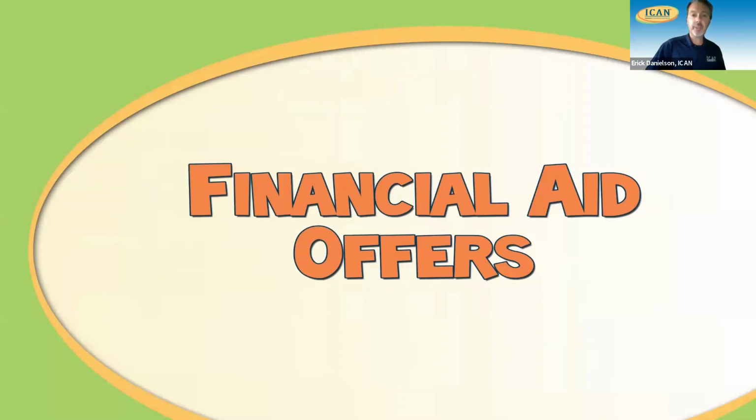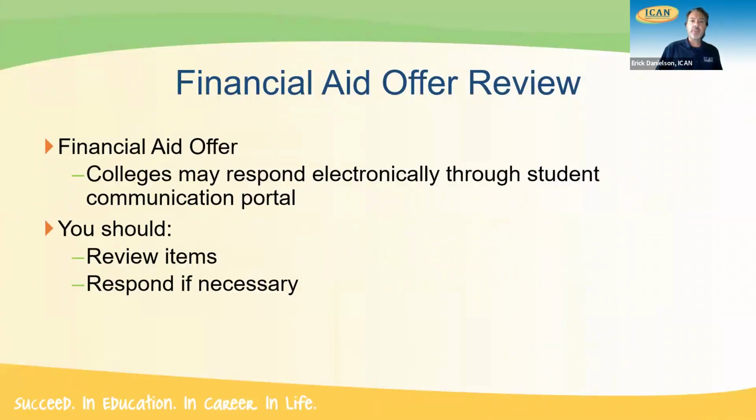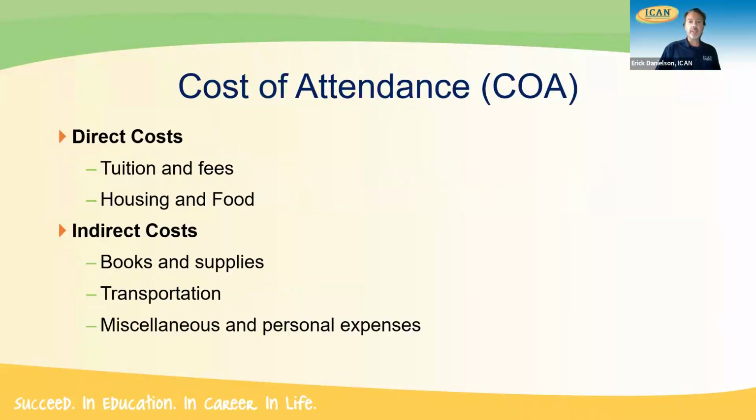And really, that's what I want to do next. No matter where you get a financial aid offer from, or how many you have, whether one or two or five, depending on how many colleges and universities a student was still looking at, the financial aid offers that you receive are the colleges letting you know what a student will qualify for. And so when you receive this financial aid offer, if you've gotten some already or eventually will receive it, what we would like you to do is take a look at it over and figure out what your bottom line costs are going to be, and really formulate a game plan on what you're going to need to do to pay for those college expenses.